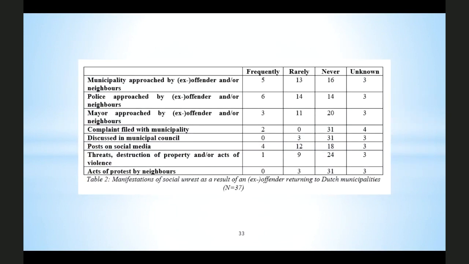So first, a series of questions were asked concerning the frequency with which social unrest occurred in their municipality over the last 6 years, and how this social unrest unveiled itself to the authorities. Now, this provides a first quantitative assessment of the actual scope of the problem in the Netherlands. And it was revealed that roughly 2/3 of respondents recalled social unrest occurring during that studied 6-year period.